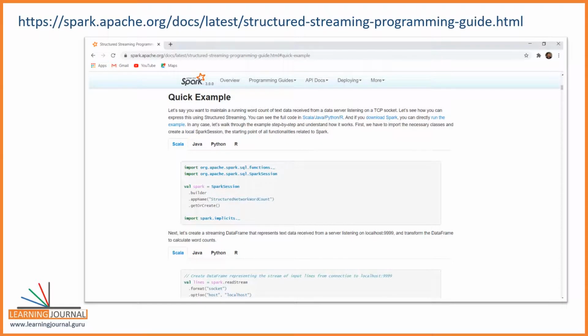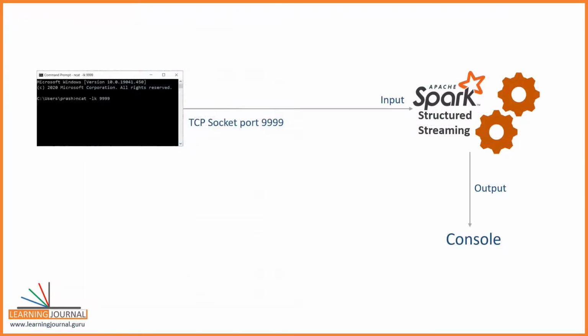Great. Reading a text stream and counting words is an excellent example to start with. This example might not make a lot of practical sense, but it can help you get the first sense of how Spark streaming works in Apache Spark. So here is the pictorial representation of what we are going to do.